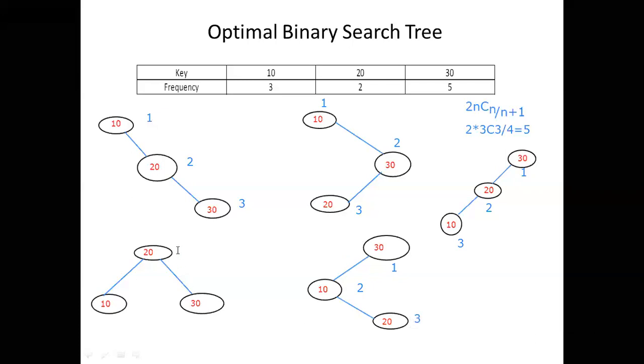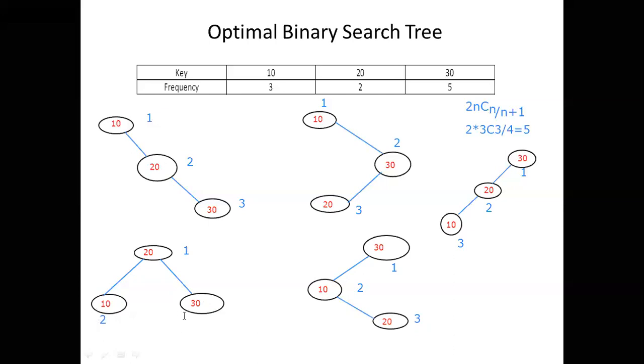Here it is different. I want to compare 20. Yes, 20 is equal to 20, 1 comparison. Now you see here, I want to search 10. 10 means it will search only on the left side. Am I right? Yes, left side, because the right side value should be larger than 20. That's why it won't go and search on the right side, it will search on the left side. That is why the second comparison.